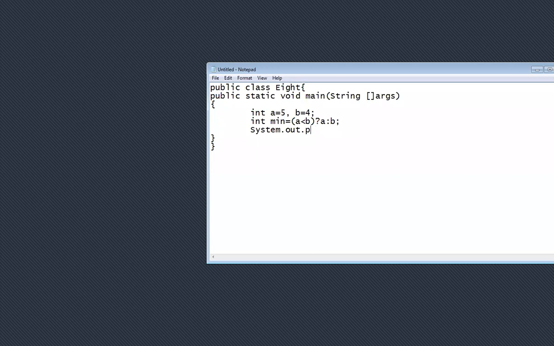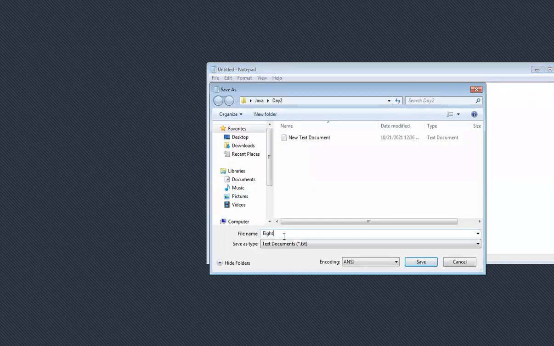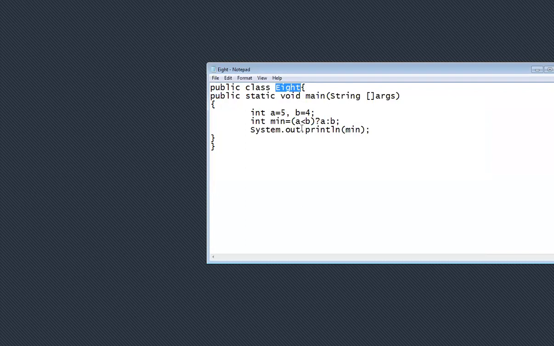System.out.println. Okay. And just print this value. Now, what is your answer? From seeing the program also, you can find out what its answer is. Is A less than B? No, right?